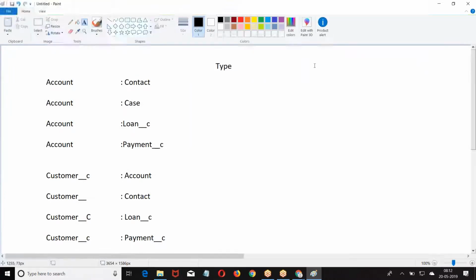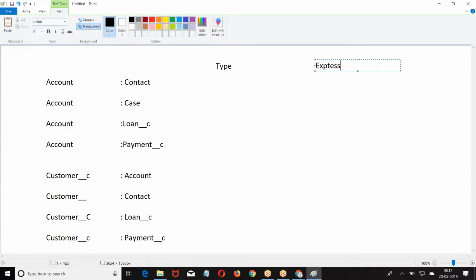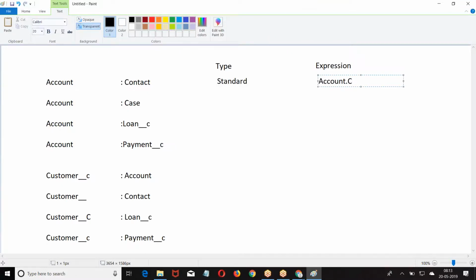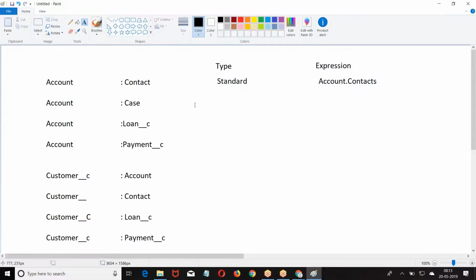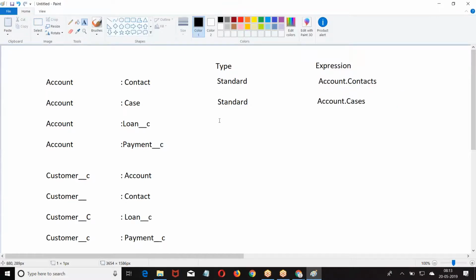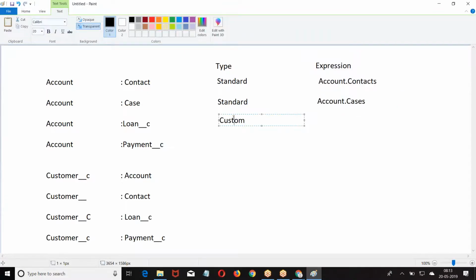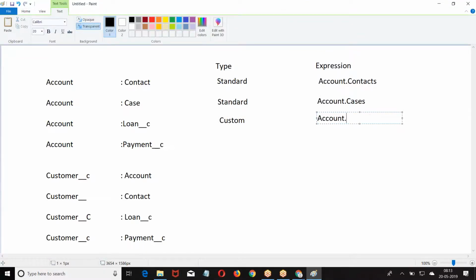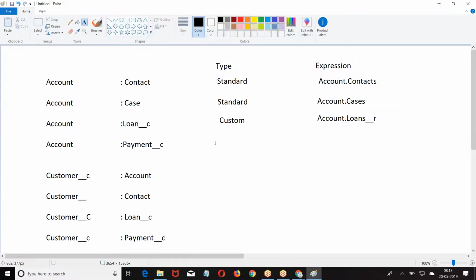What is the type of relation? Account and contact. Then how do you refer to it? Account dot. Account and case. Account and loan. Now, relation between a custom object and a standard object. Obviously, it is going to be custom. Then how are we going to call it? Account dot loans underscore underscore R. Account and payment.